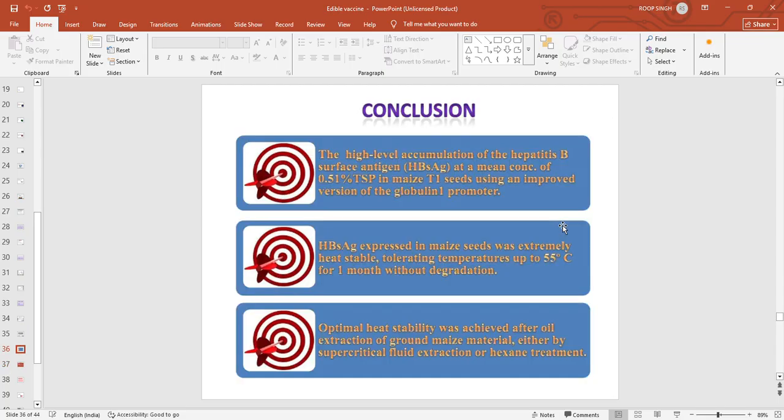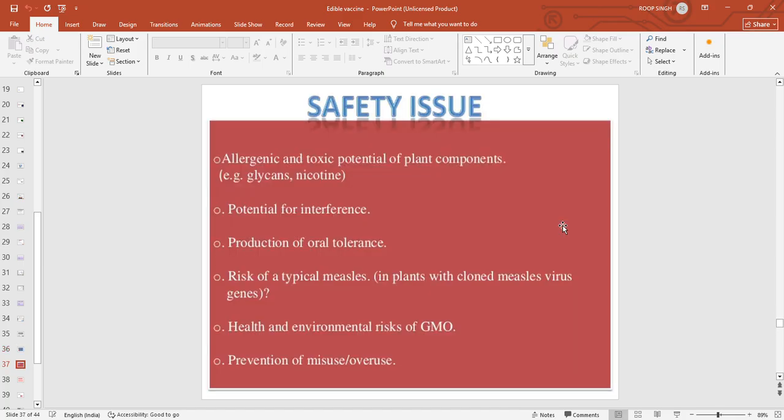This study is just to show that viral and bacterial proteins can be easily expressed in the plant system and then used as an edible vaccine. However, like with other vaccines, safety issues will always be there. Most probably the allergenic and toxic potential of the plant components. Some plant components can cause allergic reactions, interference, production of oral tolerance, risk of typical measles,